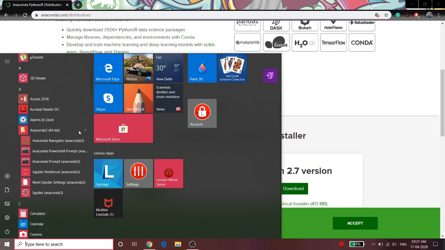It comes basically with Anaconda Navigator, which is like a start menu for Anaconda. Then Anaconda PowerShell, which is just like Windows PowerShell. Then Anaconda Prompt, just CMD, and Jupyter Notebook and Spyder. We are going to talk about Jupyter Notebook as well as Spyder in the current video. So one way of launching either of them is if I click here, it will open